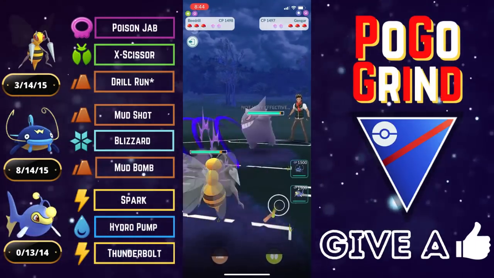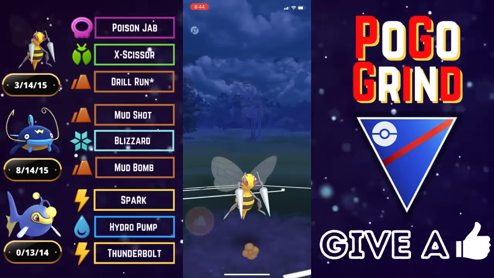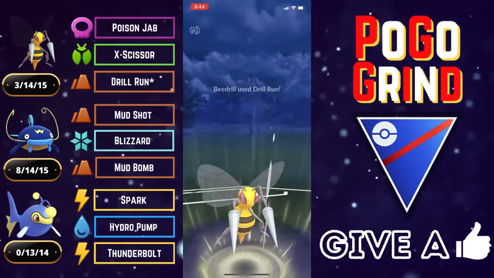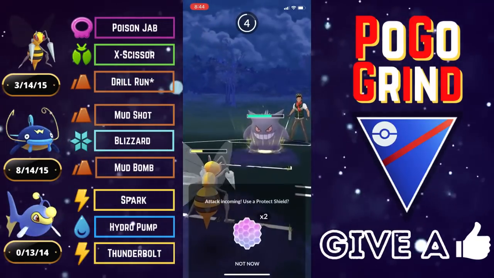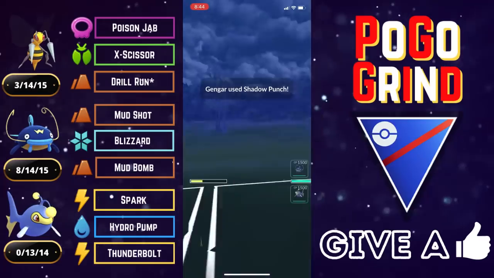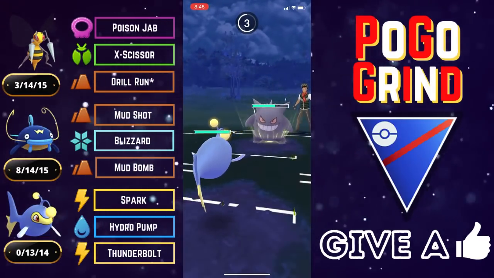Okay, so not the best lead for us because they triple resist our potential X-Scissors and they're double resisting our fast move pressure. So not the best lead for us. We do grab a shield with a super effective Drill Run. We're kind of staying in here, but we're not really sure what to do. So we're going to shield up this Shadow Punch